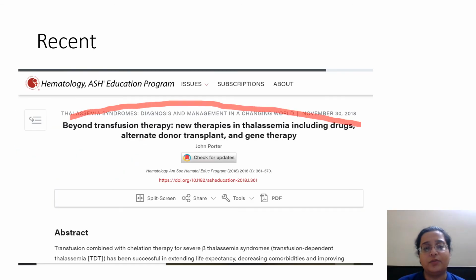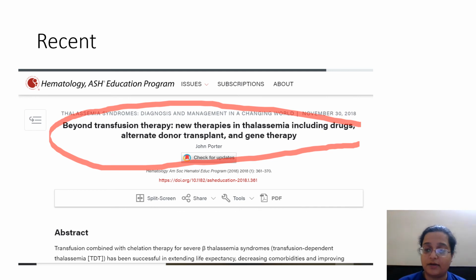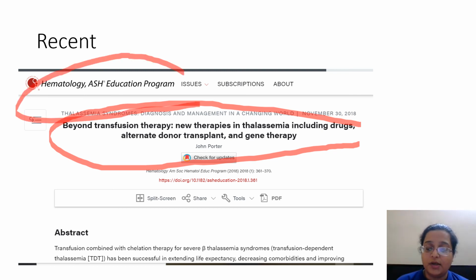Treatment has a lot of new modalities where gene therapy is being targeted now. Before the baby is born in the world, we try to target the gene and fix it. And of course, now thalassemia has come into the realm of donor transplant treatment. So, this is a very good ASH paper which you should go through, because as pathologists, you should know what is new in the treatment of thalassemia rather than the supportive treatment that we give.